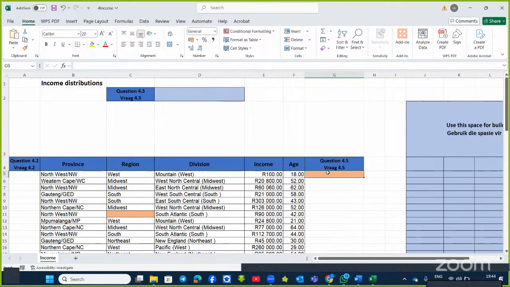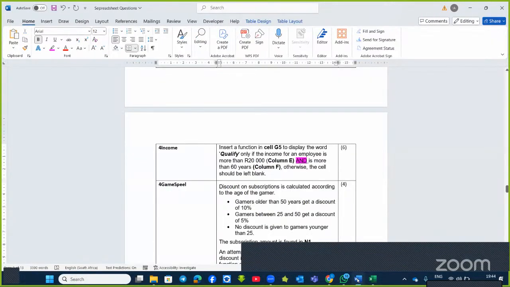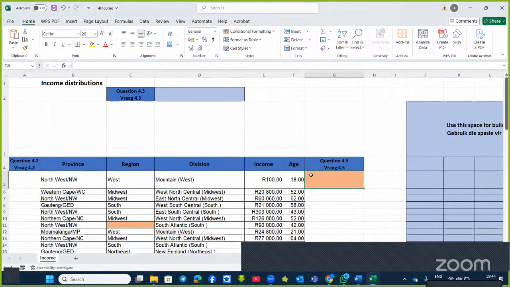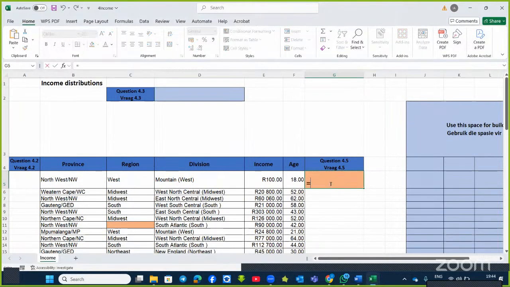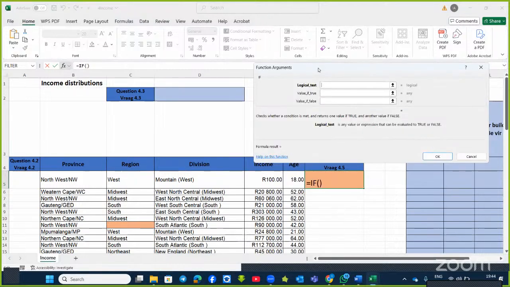Now, how will I achieve this question? It says if the income is more than 20,000 and then the person is more than 60 years old, the message should be called qualify. Otherwise, leave it blank. So I put equal sign if, and then you click on FX. Now the logical function here, we put another function called AND, A-N-D. It's a function to combine several logical conditions. So I put A-N-D,